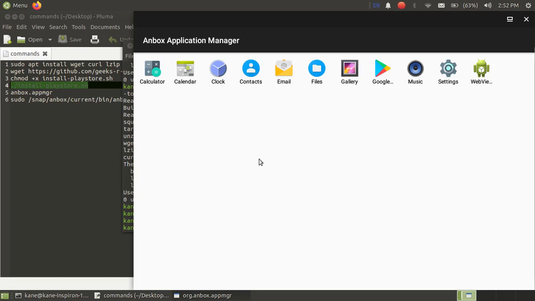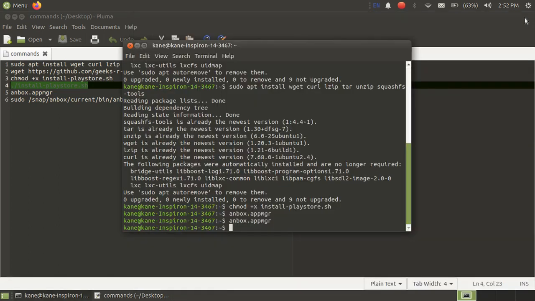One last thing I want to tell you: if you want to install any APK, you can also do that with the help of ADB. If you have any APK, just type there adb install and paste the name of that APK by simply copying the name of the APK and pasting it in the terminal, and ADB will install that app in the Anbox emulator.